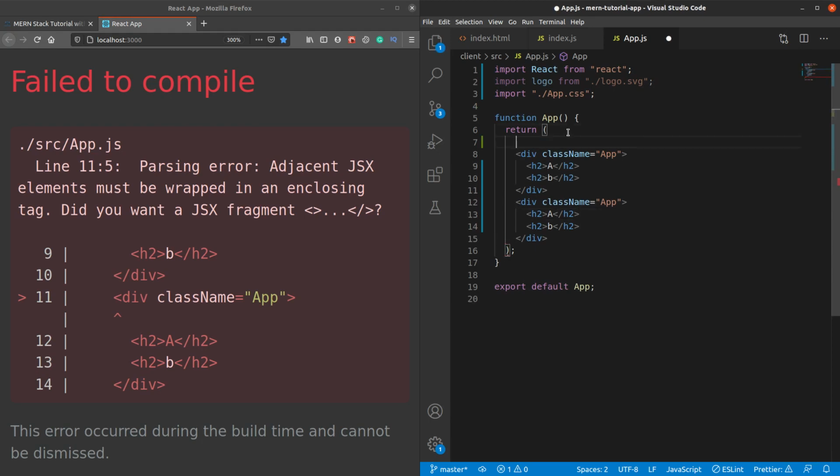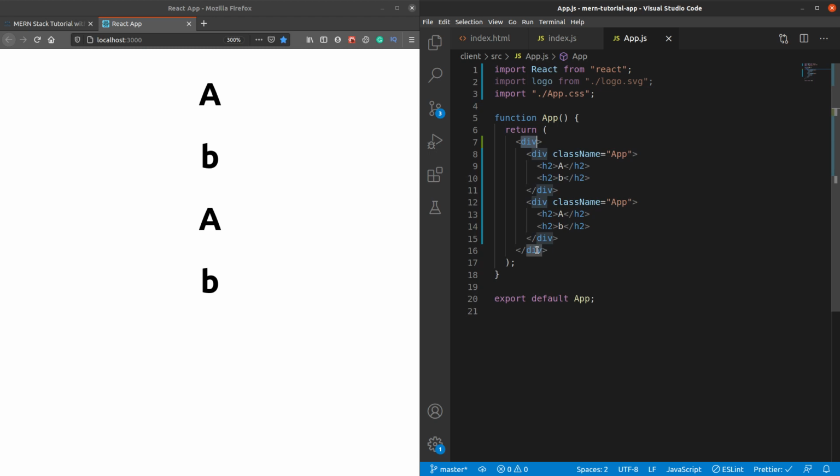Okay, so in that case, to fix this, I can have a wrapper div over these two, and now you can see I'm actually returning a single parent which can have multiple children. Okay, so a return should always return one parent item or HTML tag, to be precise, and inside that you can have a number of tags or any nesting that you have. But if you're defining a new component, like app is one component here, we will be defining more components in our application building. But right now app is a component which returns only one div.